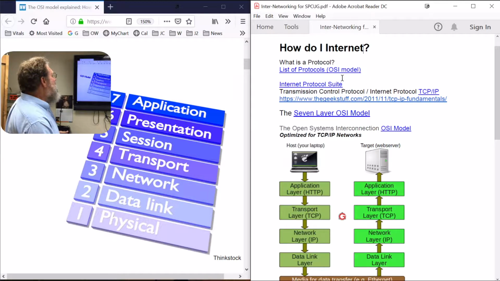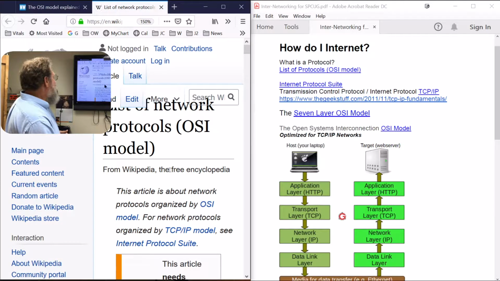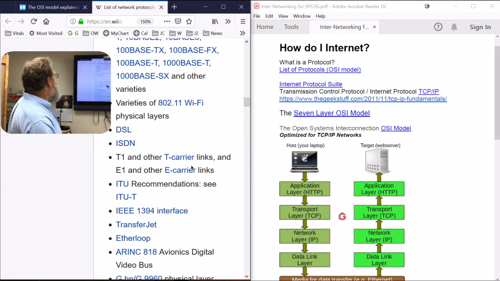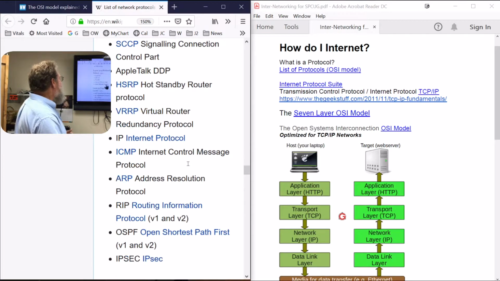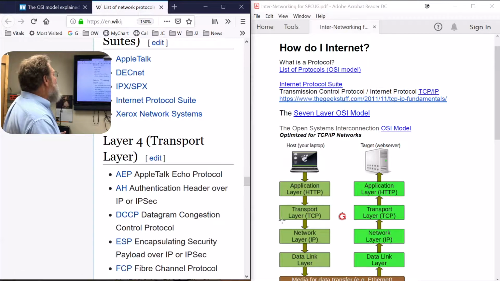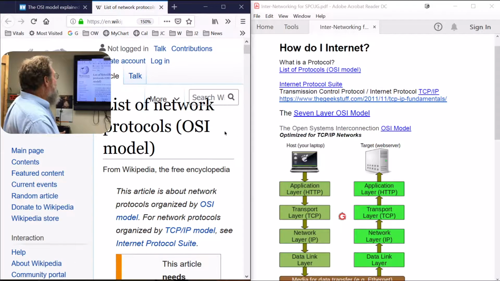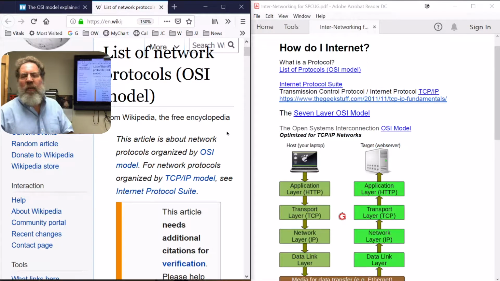Okay, let's go ahead and take a look at a list of protocols that you'll need to memorize by the time this evening's over. And here they are right here. So how you doing so far, memorizing them all? Pretty good, huh? Bottom line is there's just a whole bunch of them, okay? And we're not even going to bother trying to memorize any of them. Some of you already know. For example,